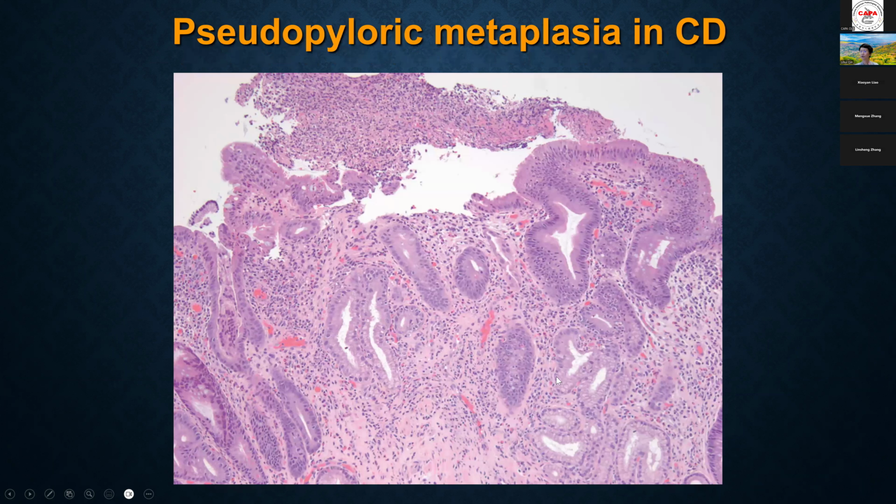And you may see pseudopyloric metaplasia. You see this group of crypts. The nuclei become much smaller than the enteric mucosa, and the cytoplasm is more pale. They don't have goblet cells. They look like the pyloric glands of the stomach. So once you see that in the terminal ileum and sometimes the colon, there's a chronic injury there. It may be seen more often in Crohn's disease, but by itself is not specific. And you may see ulcer on the top.